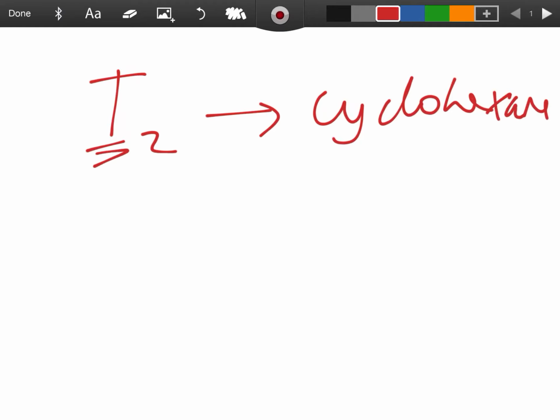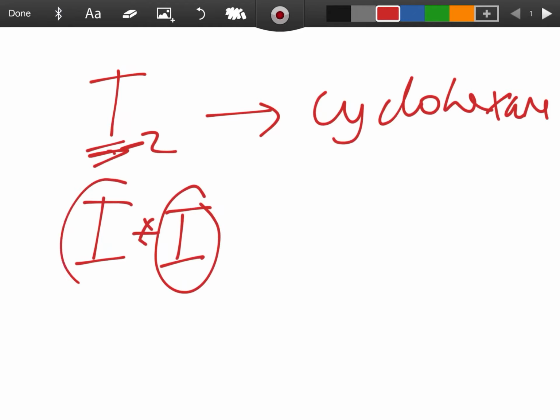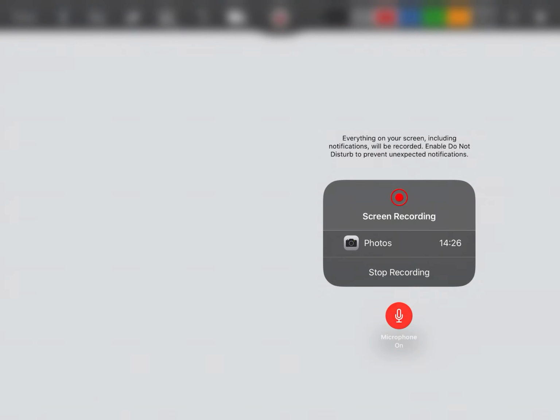If it's a non-polar substance like iodine or something, it will not dissolve in water. That will require cyclohexane. Now, how did I know iodine was not polar? Well, it's I2. You don't even need to look up your electronegativity values there now, because they're the same atom. They must have the same value, so the difference is 0, okay? Methane, any of those, the alkanes, the hydrocarbons, methane, ethane, alkynes, they also are non-polar, so they don't dissolve in polar solvents like water. They would require non-polar solvents like